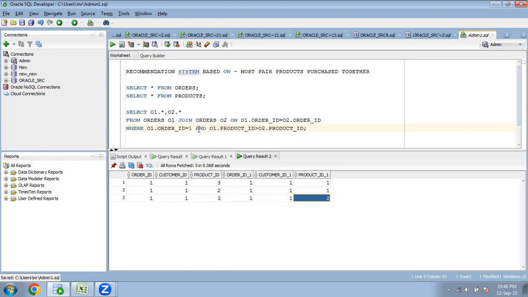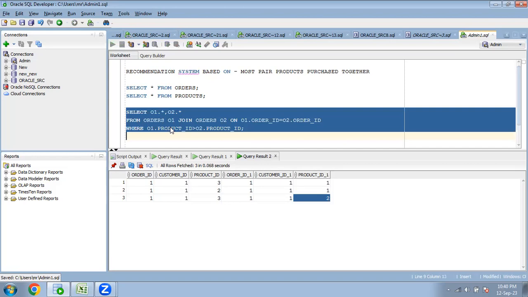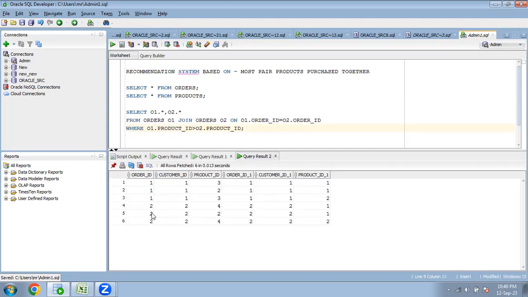So now I'll remove this filter. Which filter? Where order ID equal to just one. So this will give me the output for all orders, correct? So we have around 6 pairs, correct? Okay. So in output, what I expect is only order ID and the product ID, like pair of